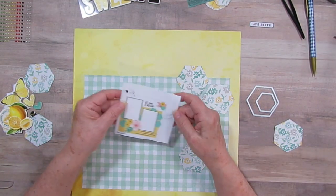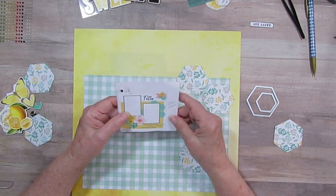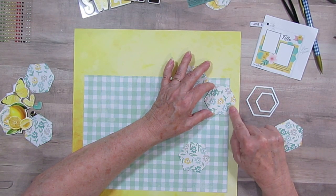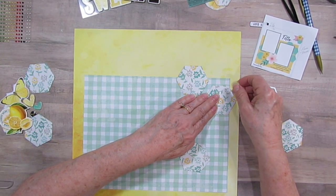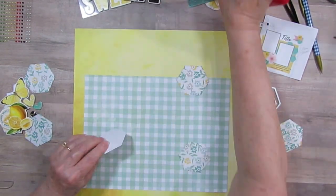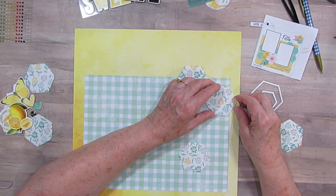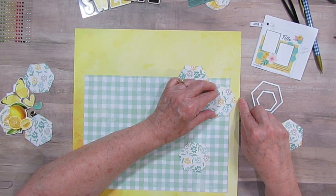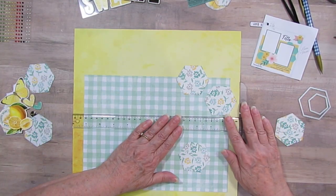Okay, I'm gonna use this one now, because this is where I was using this as my measurements. And so this one actually comes up to where these corners are almost off the paper. So I kept that in mind when I was taping things down. That was about here, I would say. It's almost to the edge of the paper, and I think that is straight, and I'm just gonna double check it,